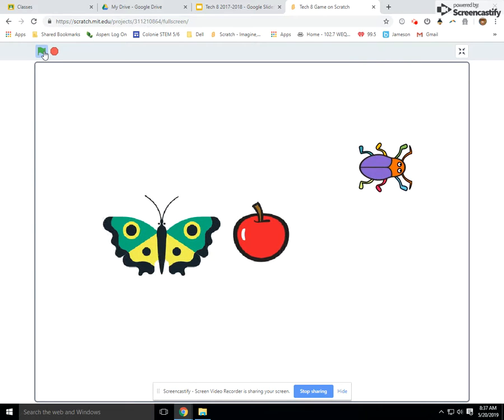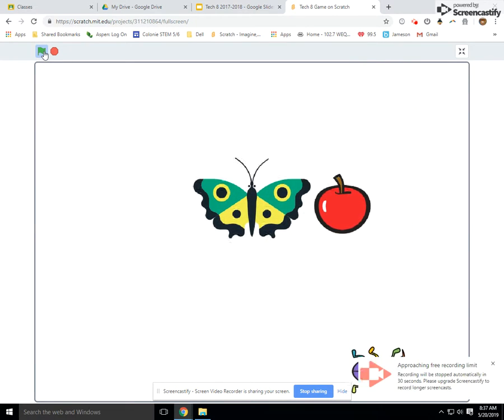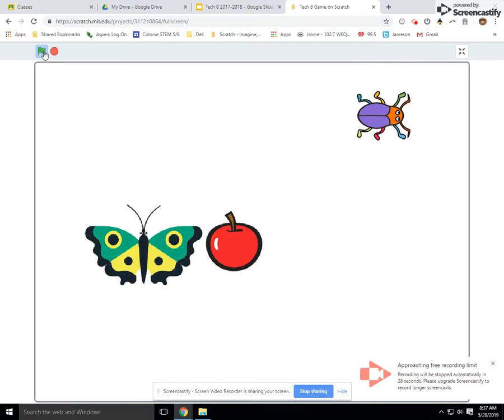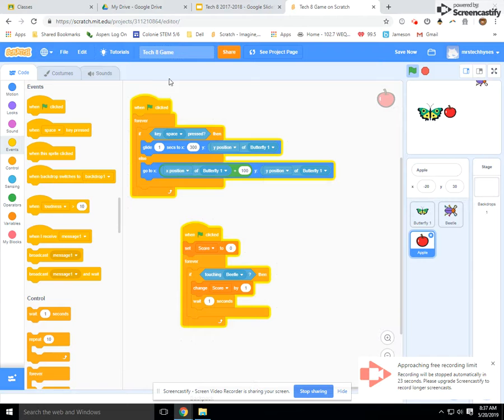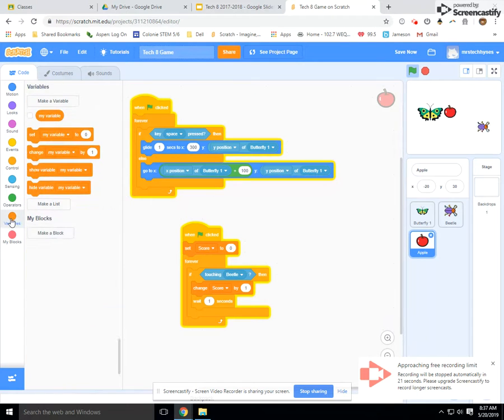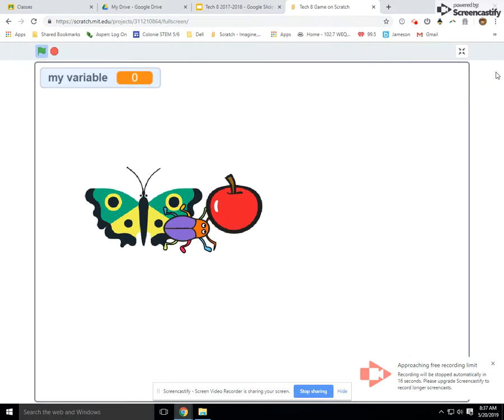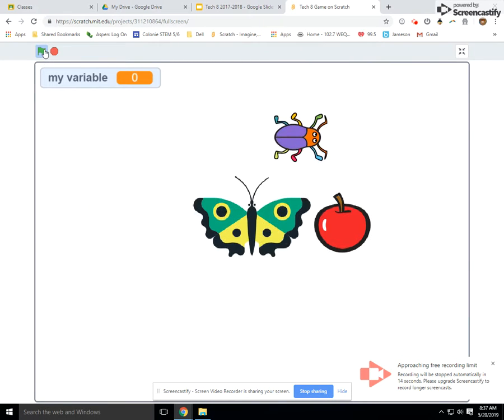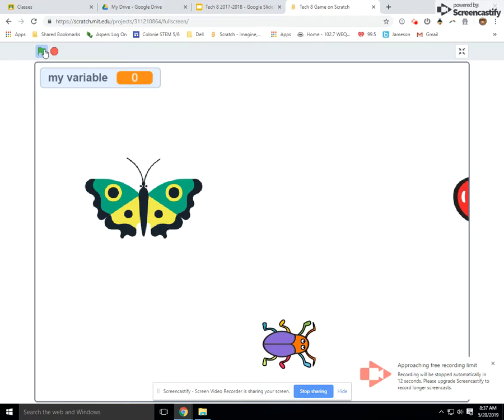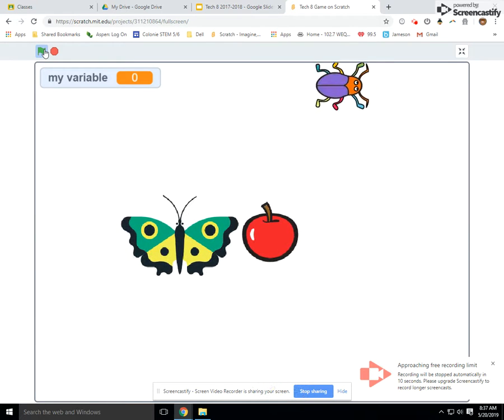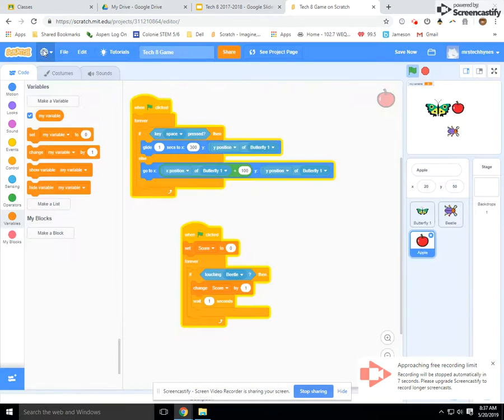Now let's check out this very basic game. Hit the green button. I'm able to move left, right, up, down. My other character is falling. I'm able to shoot across. And then, let's see, why aren't my variables displayed? I just have to check the box right here to display my variable. Now, when I run my code, I should be able to get points, and my score should increase. I'll just have to double check all of that, but it should be working just fine. So see what you can manage to do with your